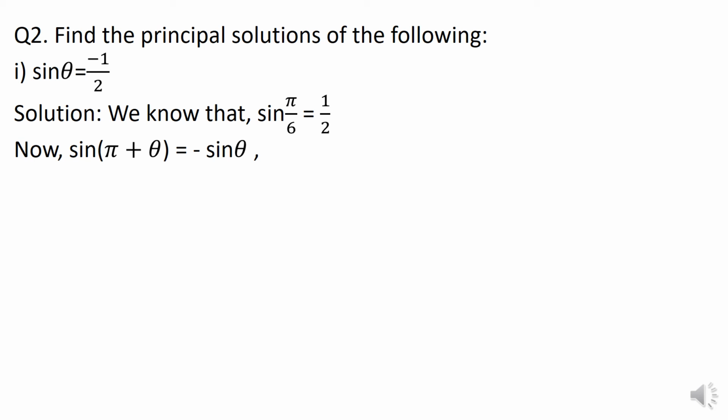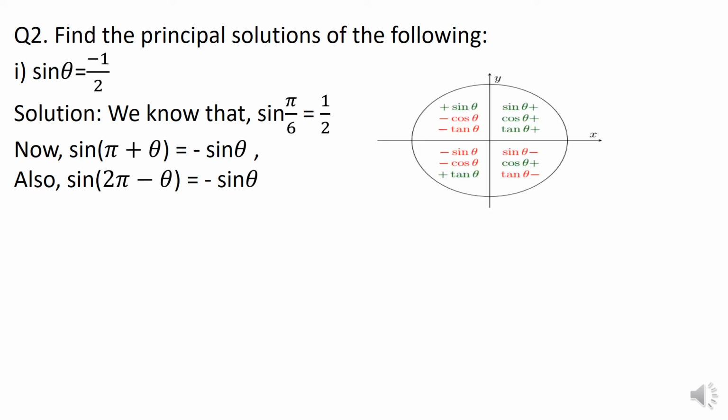Now, we check over here as to where sine is negative. From this sum onwards, whenever negative values are given on the RHS, we check in which quadrant the trigonometric functions are negative. We find that sine is negative in the third quadrant. Thus, sine pi plus theta is minus sine theta. And similarly, sine is also negative in the fourth quadrant. Sine 2 pi minus theta is also equal to minus sine theta. You can check from the standard unit circle over here.